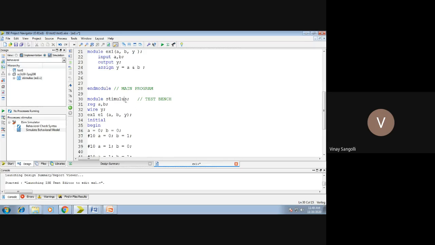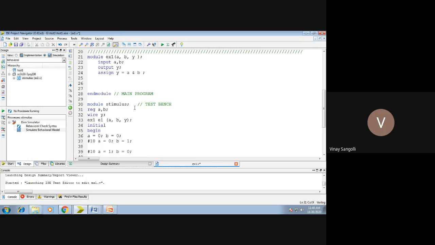The usual name which we give for your test bench is stimulus. The name of the module is stimulus. Now, a major and very important thing, friends: you might have already studied registers and wires, right? So remember, friends, all the inputs